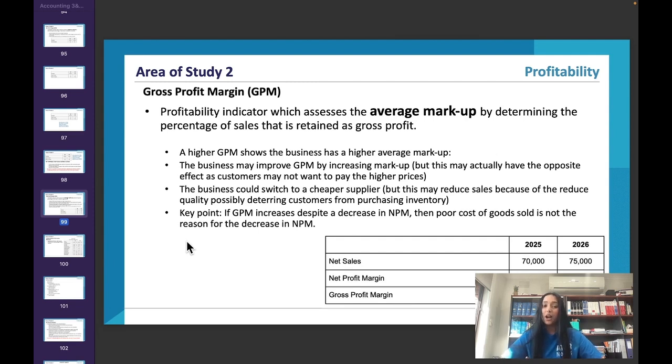Another way to increase markup without changing selling prices is to switch to a cheaper supplier. For example, if we're selling items at $10 per item but purchasing the item for $5, and then as the business owner I see there's a cheaper supplier selling the inventory for only $2.50 instead of $5, that would increase our markup, and we don't even have to change our selling prices. So we keep our customers, not repel them, but we still increase our markup. However, you need to keep in mind that sometimes a cheaper supplier might mean lower quality inventory.